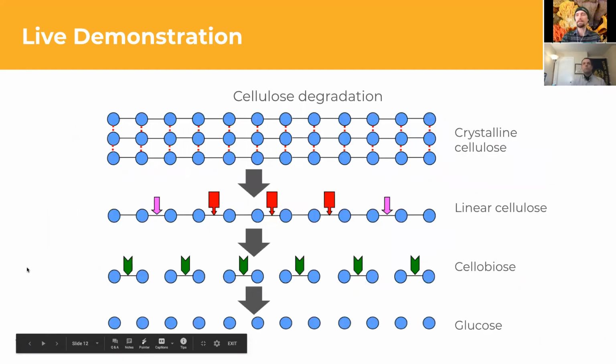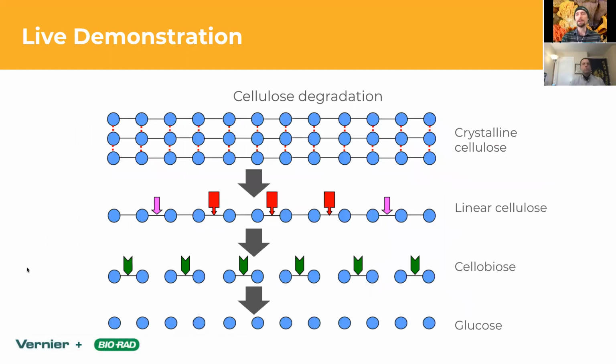So if we get down to the nitty gritty of what this looks like, if you've got biomass and you zoom really far in, what you've got is a bunch of crystalline cellulose, which is really hard to work with. Enzymes don't have an easy way of getting in there. And this is why you see logs in the forest. If you didn't have that crystalline cellulose, those logs would get processed really, really quickly. What has to take place is that crystalline cellulose has to be broken apart into a linear form for enzymes to start getting access to it.